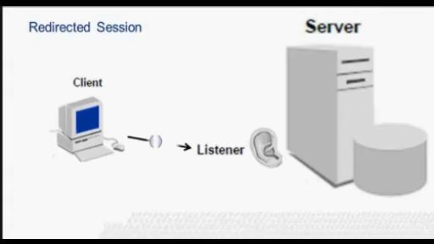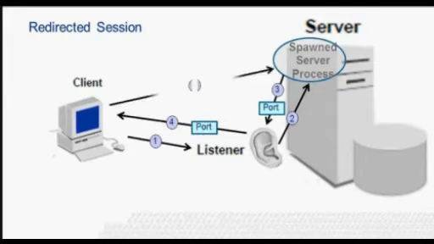Redirect session. When conditions do not support the establishment of a bequeath or direct handoff connection, a redirect session will be established. These steps outline the mechanisms of this type of connection. The client establishes a connection to the listener using the configured protocol and sends the listener a connect packet. The listener checks that the SID is defined. If it is, the listener will spawn a new thread or process to service the new connection.